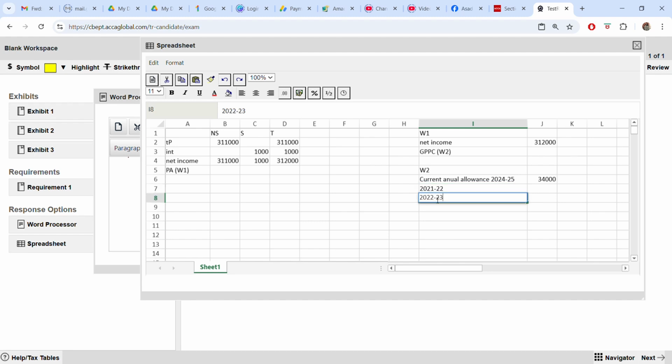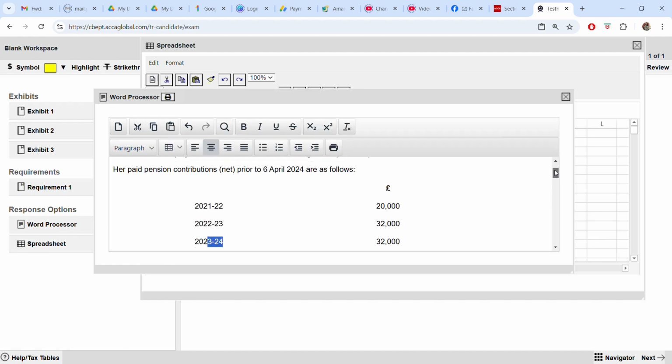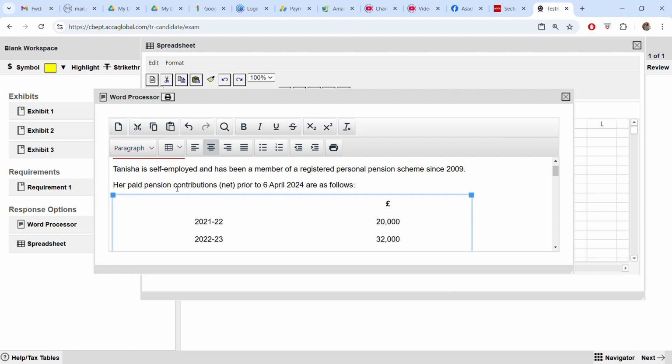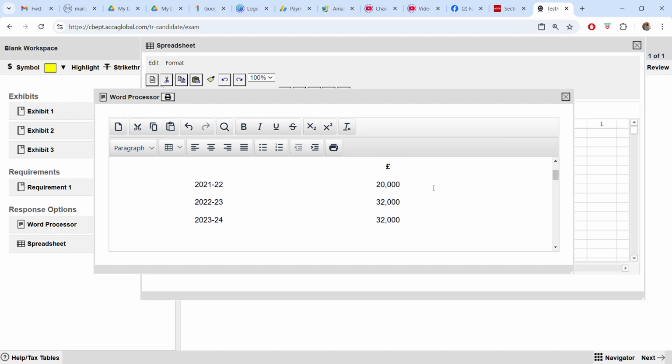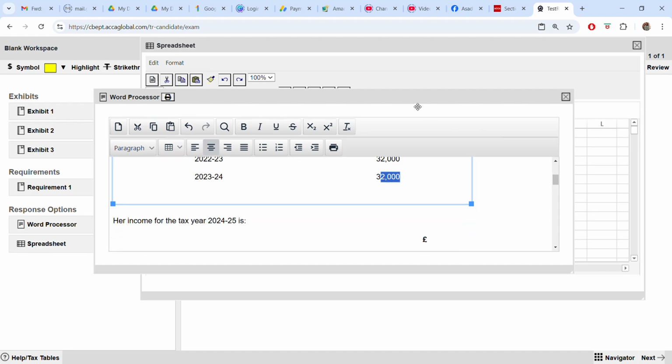22, 23. And 23, 24. But remember, the amounts that you are given are what? Net figures. You have to gross it up. If you go here, see, her paid contributions are net. So all these contributions are net: 20, 32, and 32. You have to gross it up, and then you have to deduct from